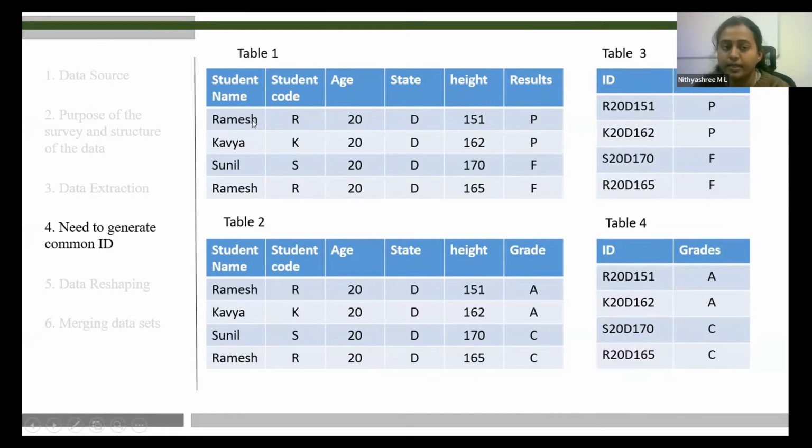Obviously, when I start coding their name with the first letter, it becomes similar, same, RR. And unfortunately, we have the age also 2020, and they also come from the state Delhi. So all this information becomes common for the students who have the name Ramesh. But we have another variable, height. This one is making the difference between the first Ramesh and the last one. He has 151 and the last one has 165.